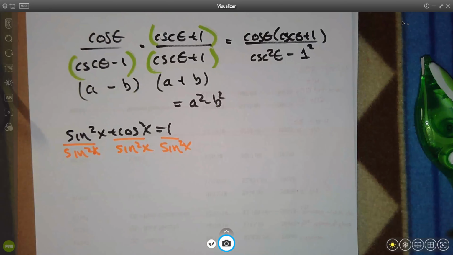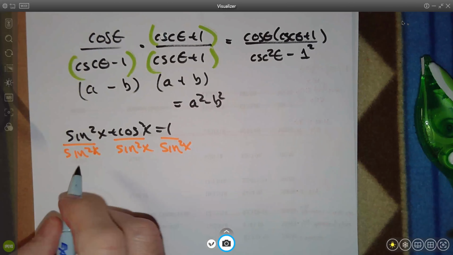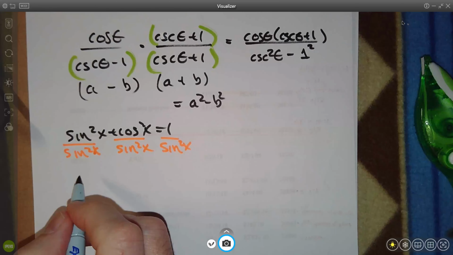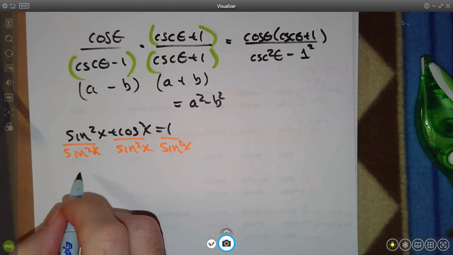On the left-hand side, Tim, maybe you can help me out. How does this simplify? One. Tim? All right, go ahead. Yeah, please. So that's 1 plus